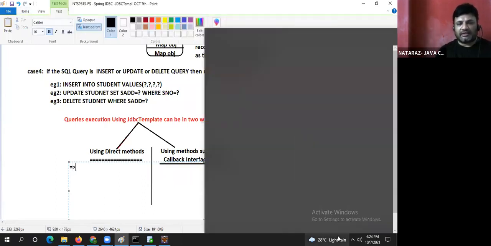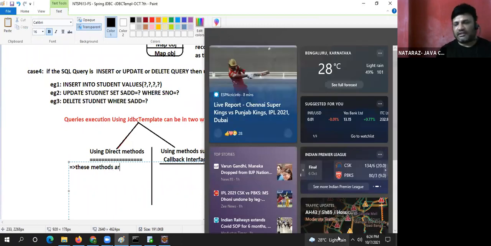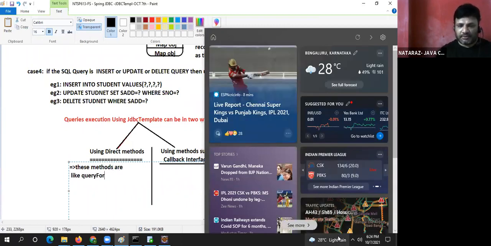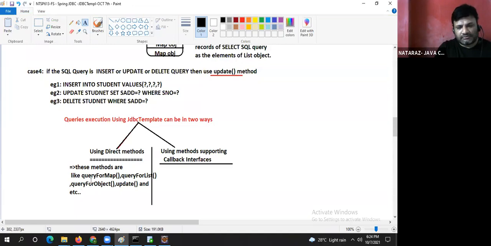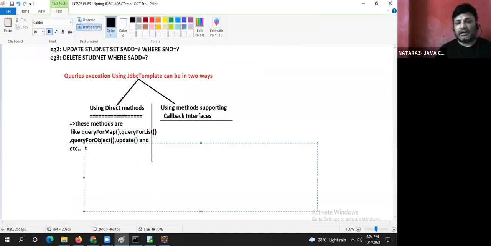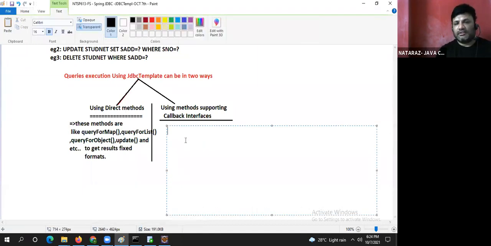These methods are like query for map, query for list, query for object, update, and etc. To get results in fixed formats. These methods